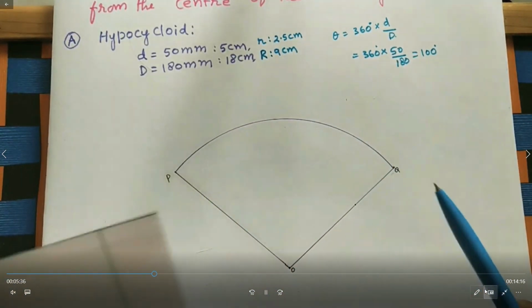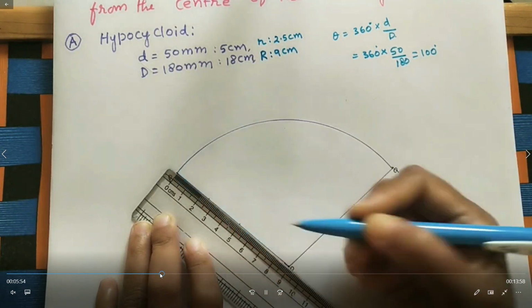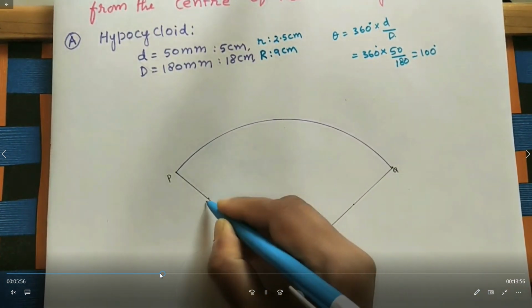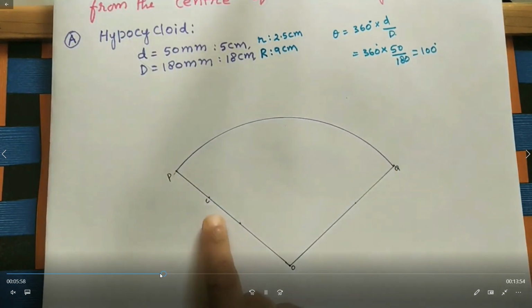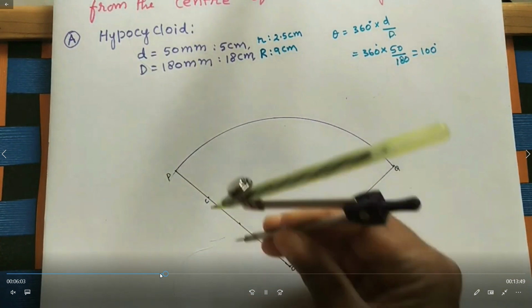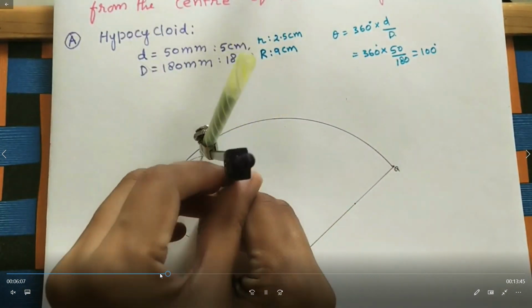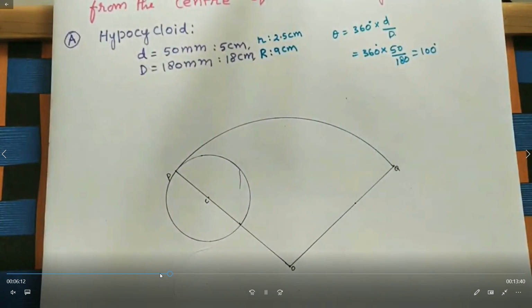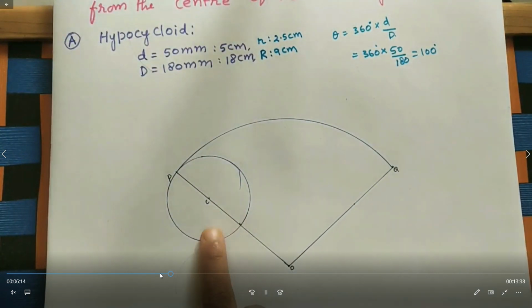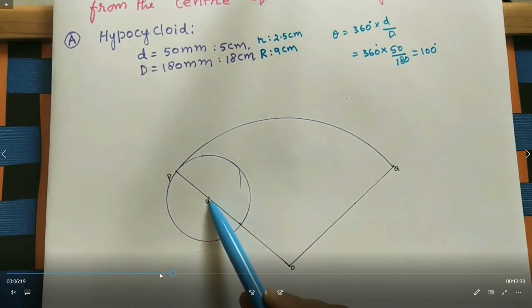With the help of the scale, we measure the radius 25 mm inside the circle. That is the center. Now we draw a circle with 25 mm radius inside the circle, that's why we extend the length inside 25 mm. That is a circle, 50 mm diameter, 25 mm radius. Now,